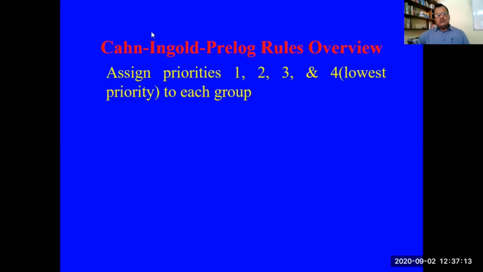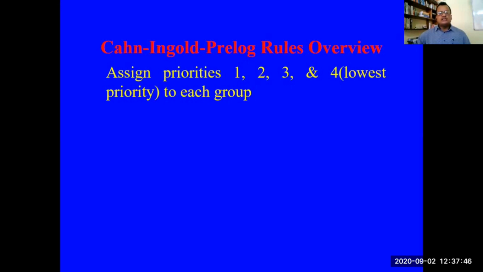So how does this configuration work? The configuration works in a simple way. You have to first determine the priority of the 4 different atoms or groups attached to the stereo center, or asymmetric carbon, or chiral carbon. I already told you that a chiral carbon, or asymmetric carbon, or stereo center, is a carbon atom linked to 4 different atoms or groups.